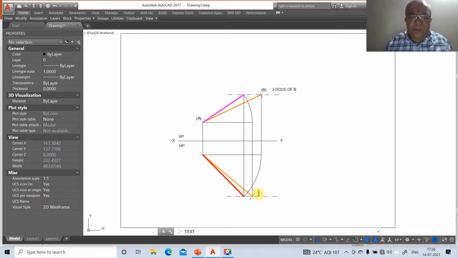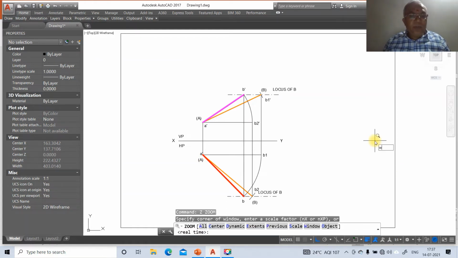and this as locus of B, and this as capital B in bracket, this as capital A in bracket. So here we are going to have A dash, here it has B dash, and here it has B1 dash, and here it has B1, and here it has B, and here it has B2, here it has B2 dash. So this is how it will go, and here you mark this as A dash.